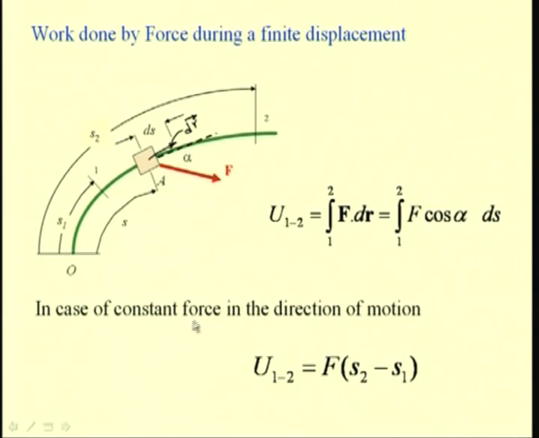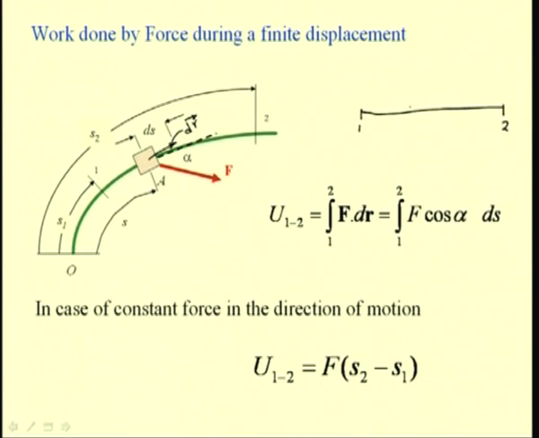And in case this force is constant in the direction of the motion, then we can say the work done between 1 to 2 is F times S2 minus S1. This is applicable for cases like we consider a path coordinate and we have this position 1